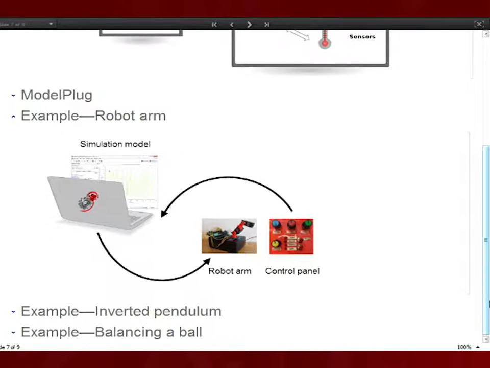So this is one example of something you can set up. We have built a robot arm and a control panel with some knobs. To control that robot arm, you could connect the control panel directly to the robot. But what will happen then is that the signals from the control panel are pretty rough, which means that the robot will move